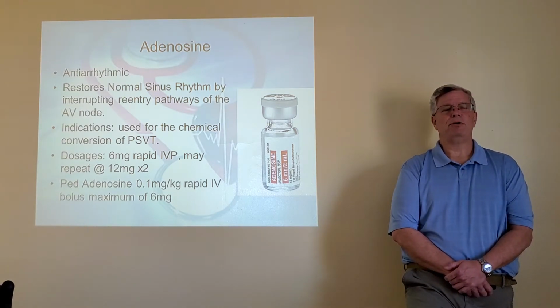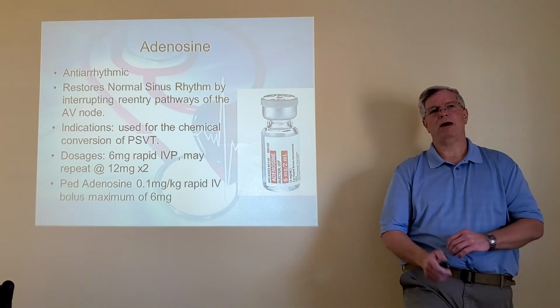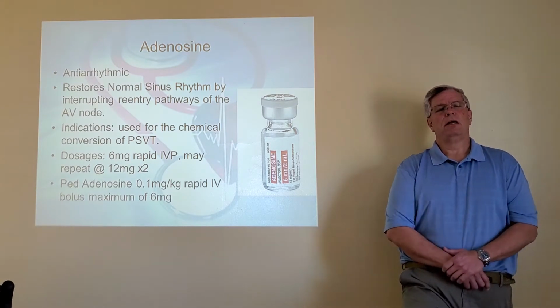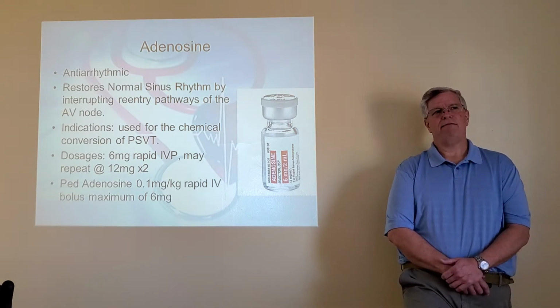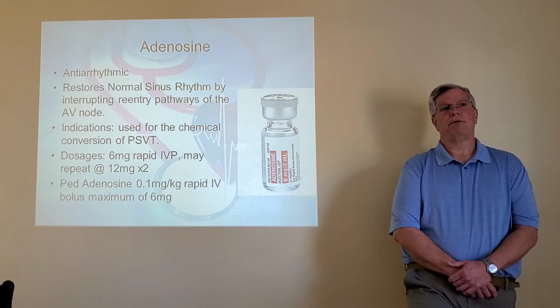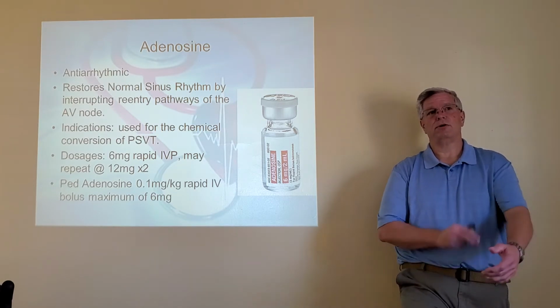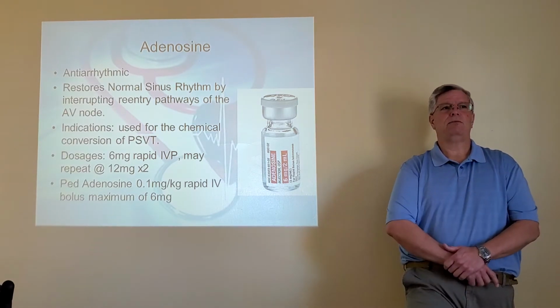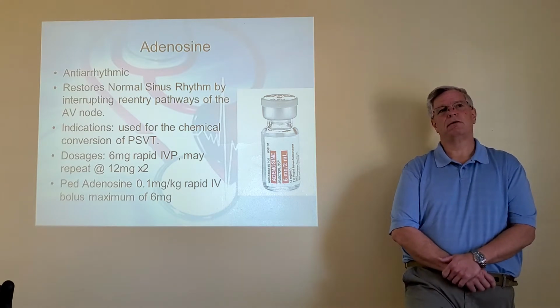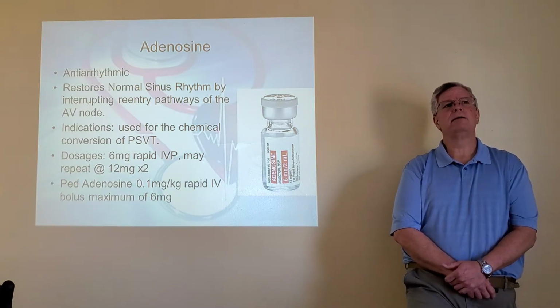When it says rapid push, you have to draw this one up, and once you have your IV established, preferably as closest to the heart. So if you get in the left AC with the biggest catheter you can get,